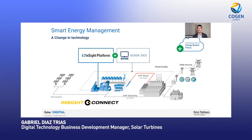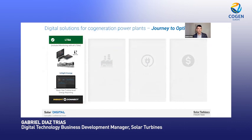let's say, and in a more harmonized manner, together as well with the changes that we see happening in the electrical markets: more renewable power, more intermittency, so more fluctuation of prices. All this needs to be taken into consideration when we manage our power plant today. To do that, we have developed not only our digital platform and solutions just for the gas turbine, but also, which is what we have been doing for years,